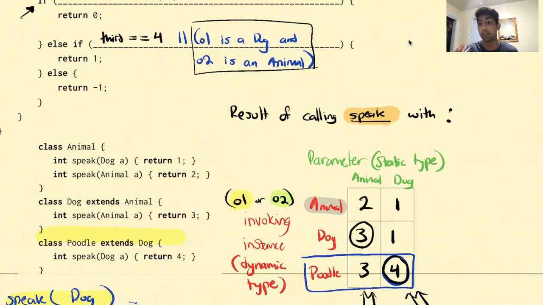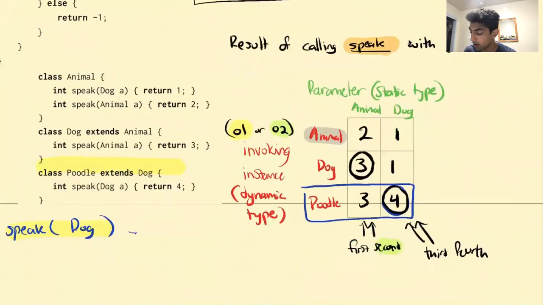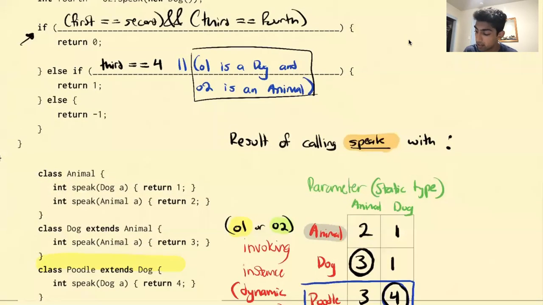And we know that we differentiate a dog from an animal in that this number is different, right? This number corresponds to the value of first, right? So what we can say is if O1 is a dog corresponds to us saying if first is equal to 3. So let's put that in there, right? So if O1 is a dog is if first is equal to 3, and O2 is an animal corresponds to,